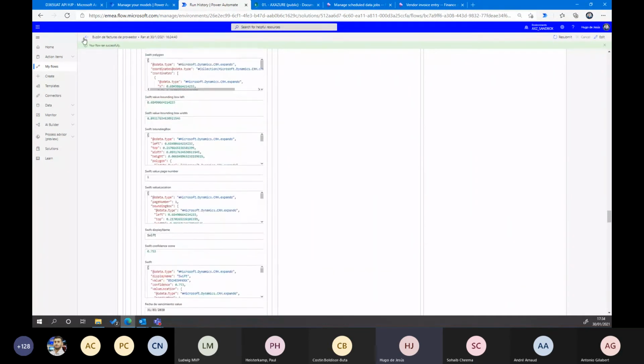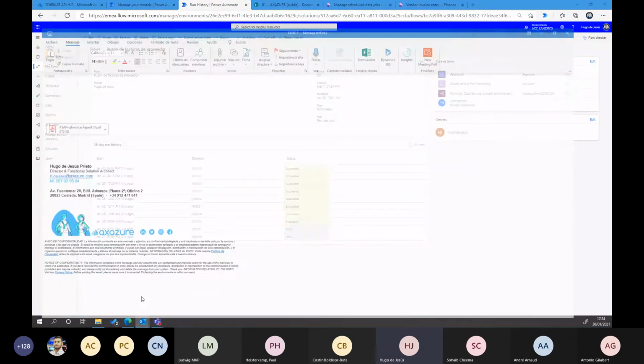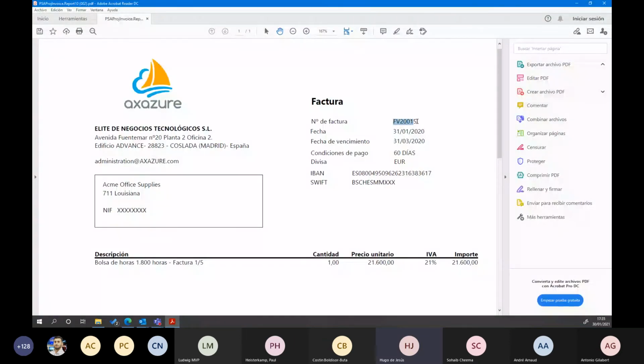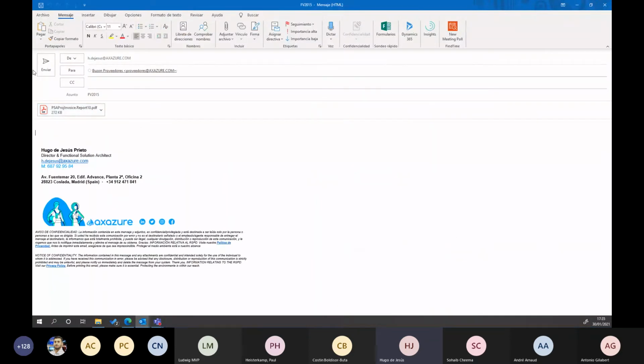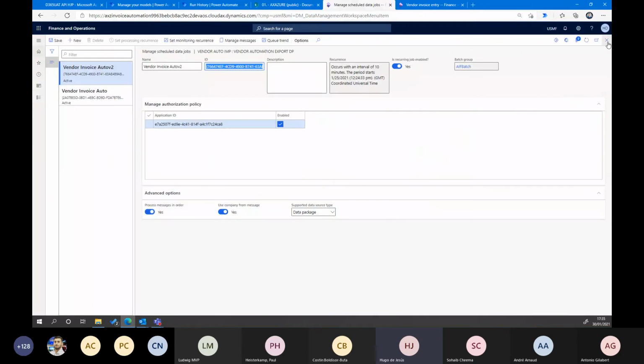Let me show you how it's running and send an email, for example, something like that. This is an invoice. This is our invoice here with the number of the invoice and all the information. Okay. And let me send it to the inbox mail. And we need to wait a few seconds because it normally takes 30 seconds, 20 seconds, more or less, but in its own execution, 2 seconds or 1 second. But let me show you in the meantime how it works.